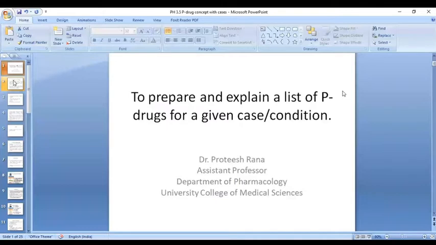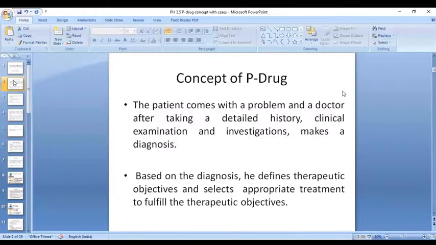Now, as I said, whenever a patient comes to you with a problem, you being a doctor, you will take a history, perform a clinical examination and ask for a few investigations, and eventually you arrive at a diagnosis. This is the first step before we prescribe any particular drug. This is the first step toward rational prescribing, that you have a diagnosis or at least a working diagnosis. Now, based on that diagnosis, for example, if the patient is having a cough,